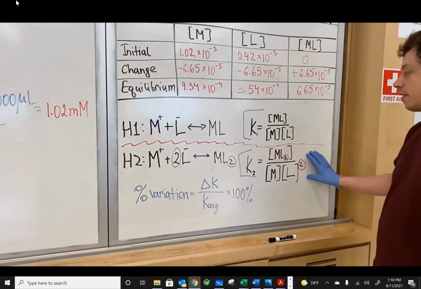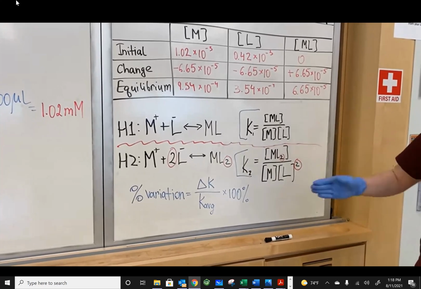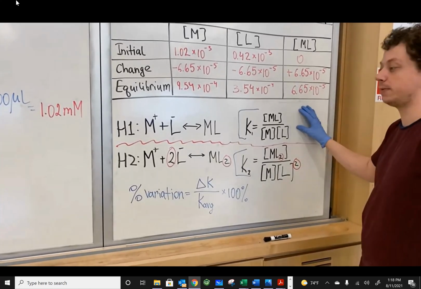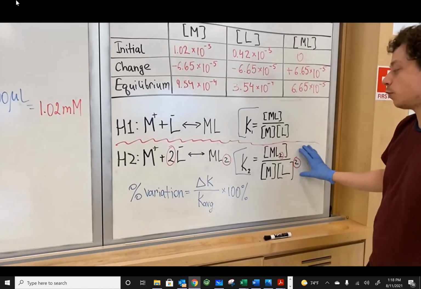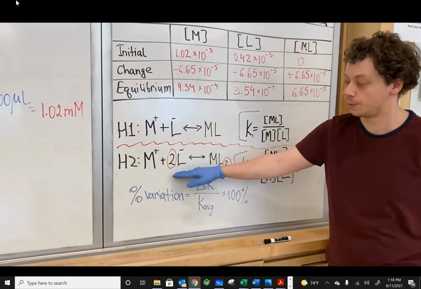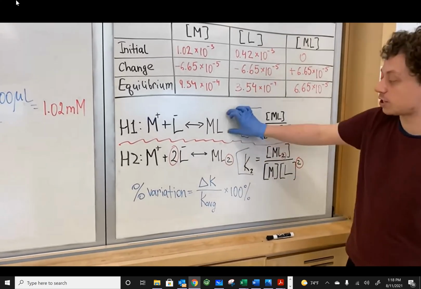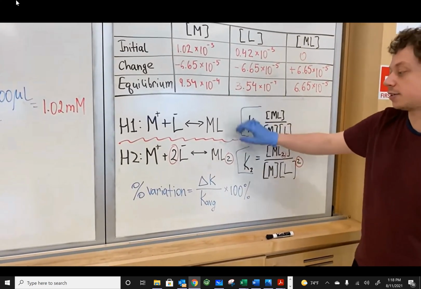So once you have that, you will have 4 K1s, so 4 K values, 1 for each test tube, according to hypothesis 1. And you will have an additional 4 K2 values, 1 for each test tube, according to hypothesis 2. The way in which we're going to determine today which of these chemical equations is correct is by using